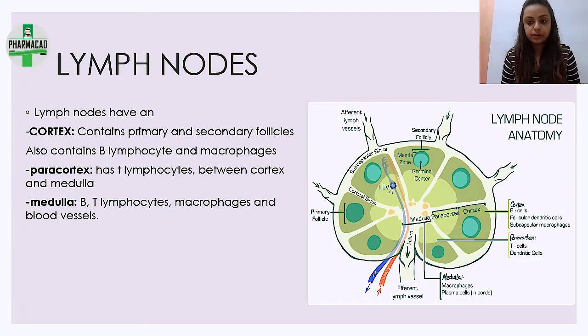Now let's see the anatomy of the lymph node. If I take a lymph node and slice it, like cutting an orange, this is the section we've taken here. A lymph node has three main sections. First, this darker green is the cortex, which is outermost. Then the white-looking part in the middle is the medulla, close to the center, and this light green is the paracortex, between the cortex and the medulla.